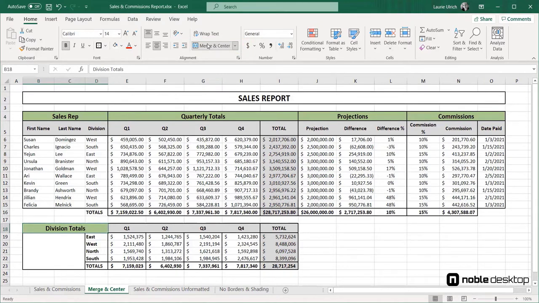Now, you've probably noticed that there's a drop arrow to the right of the Merge and Center button, and that's for the other options this feature offers. We have, in addition to Merge and Center, Merge Across, which creates the merged cell but doesn't realign the text